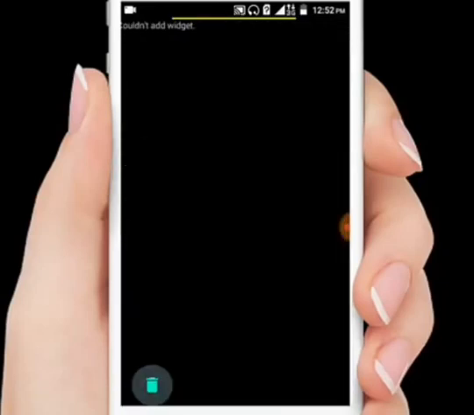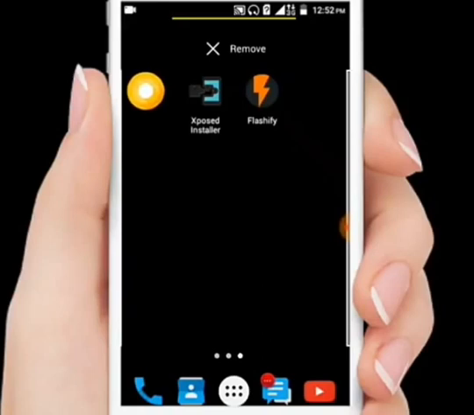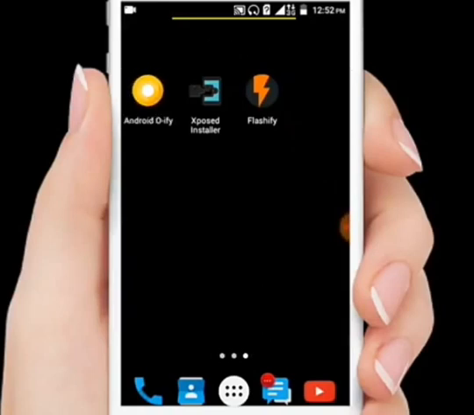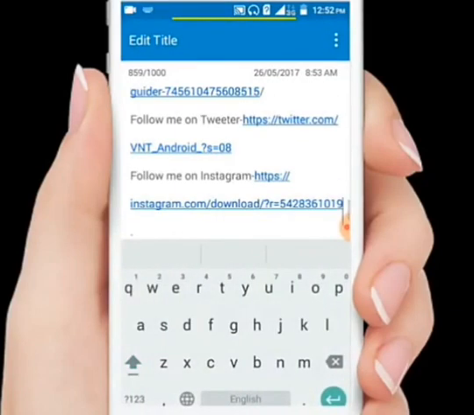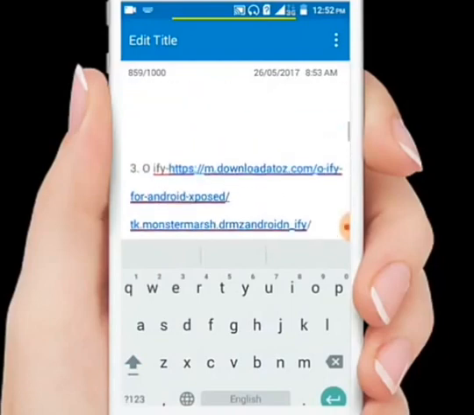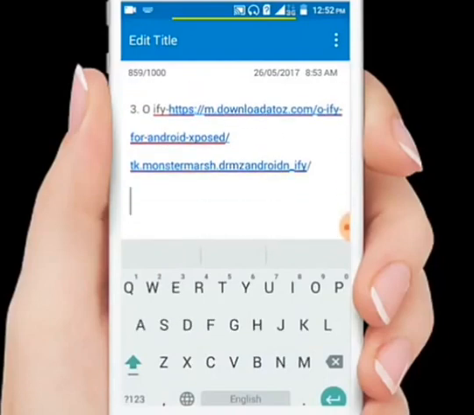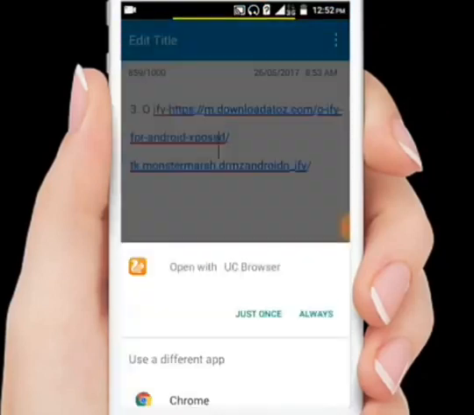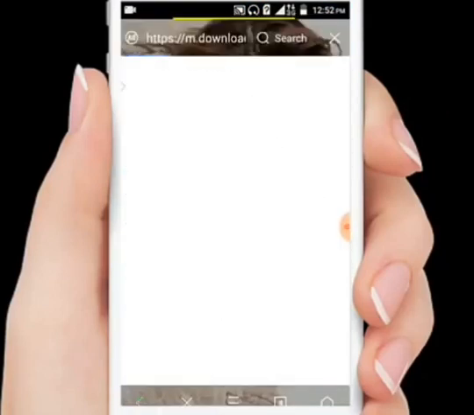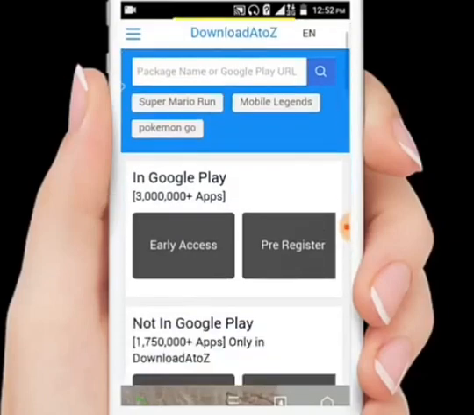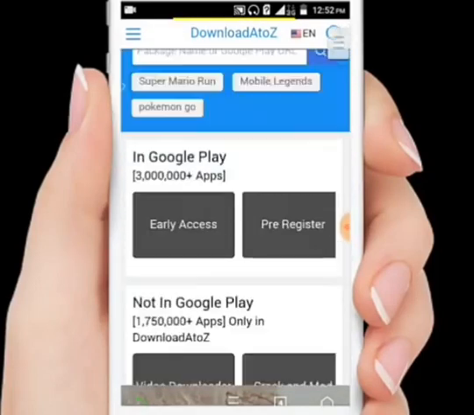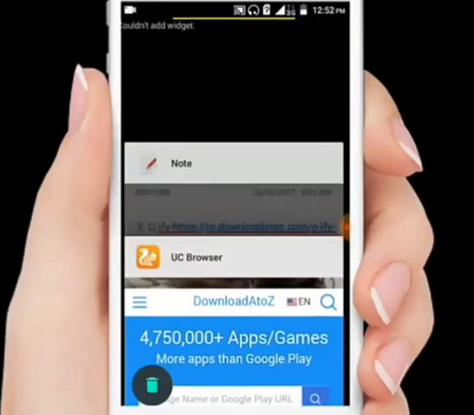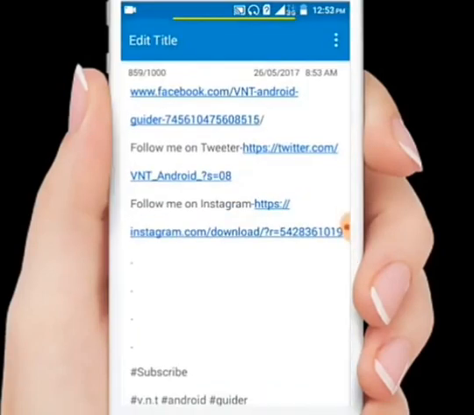After that, you now need to install this Android Oreo app. If we go to the Play Store, this app is paid. So how do you download it for free? The link is in the description, and you can get it from there. I've just shown you, here is the Oreo app. You just need to tap on this link and select any browser. I choose UC Browser. Now wait, and then something like this will come up on your Android device. As you can see, this link was not properly updated, I thought. Let's try again.